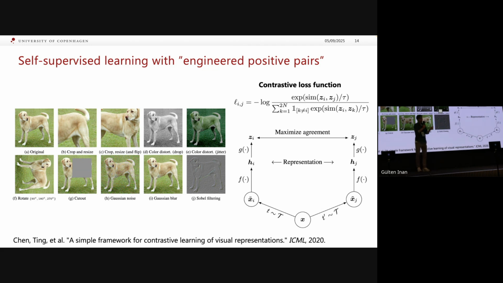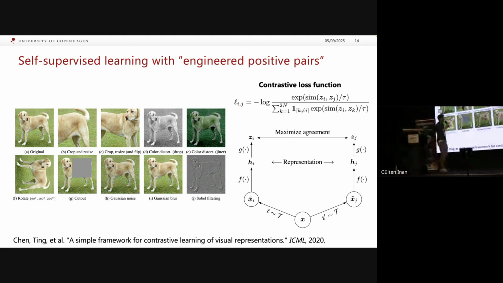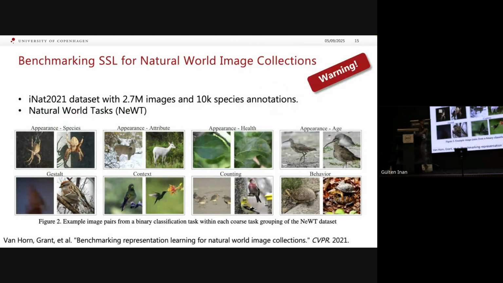By doing that, one can yield very good representations, especially on data sets that are object-centric. There's a lot of research going on ImageNet, which is, I would say, an object-centric data set where there's always some kind of object in focus or in the center of the image. And the reason why this works so well for object-centric images is because there we know somehow how to engineer these augmentations.